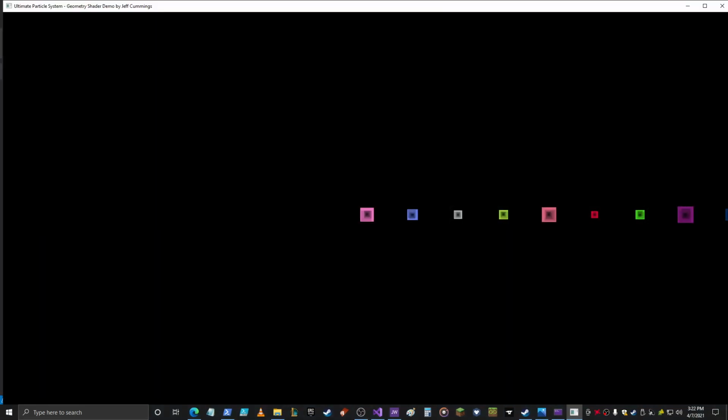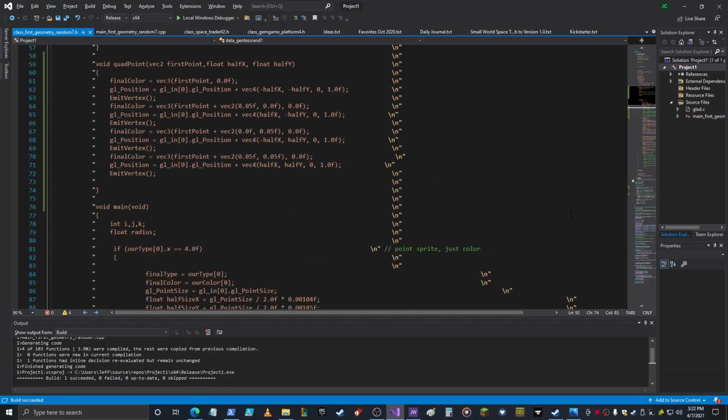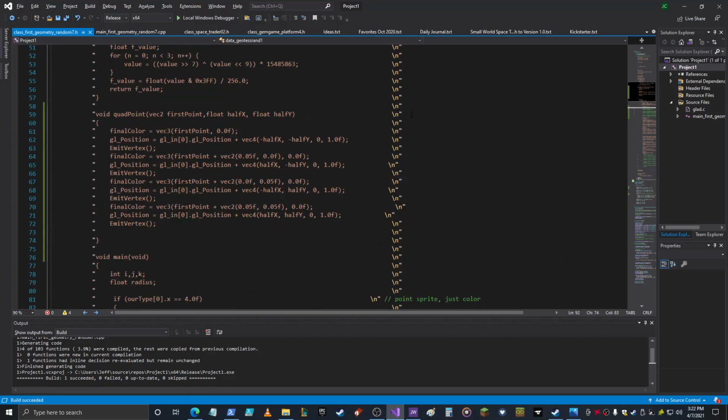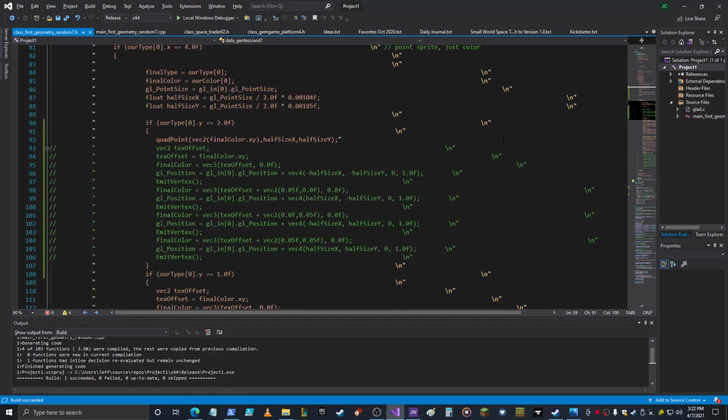and then it draws them in here. So these are just points, literally just a single pixel point, and I've blown them up in the geometry shader to be the gems. So anyways, this is just the beginning of what I wanted to do with functions, because now I can do whatever I want with a single function call, and it makes it so much easier to do the programming inside of this particular